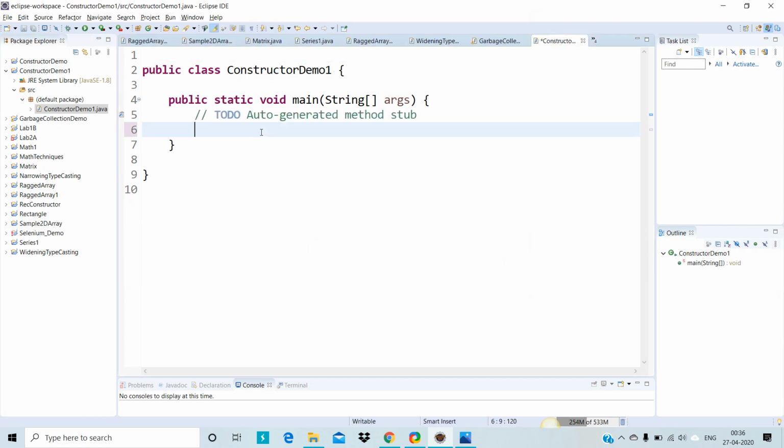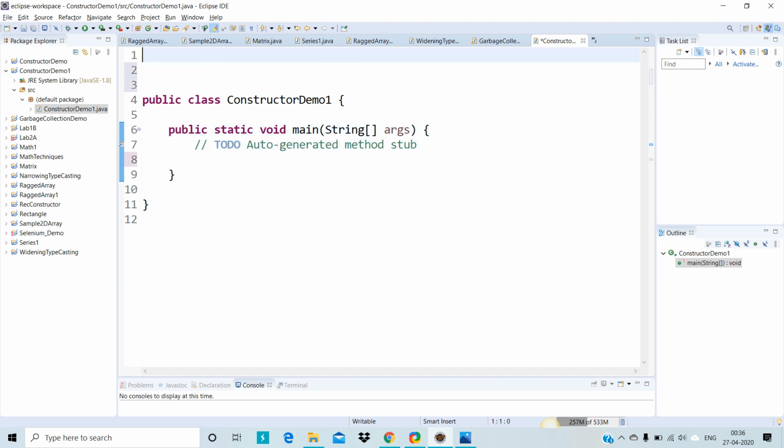I'll take a simple example for constructor. Later I'll come to this main class, which has the main method.